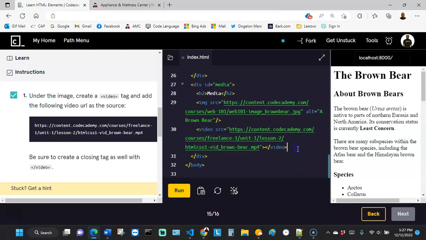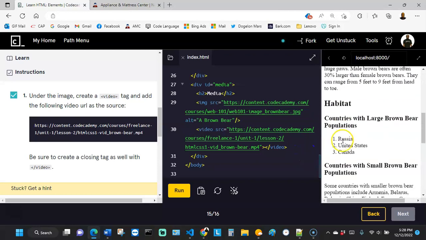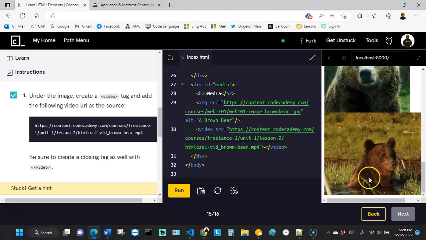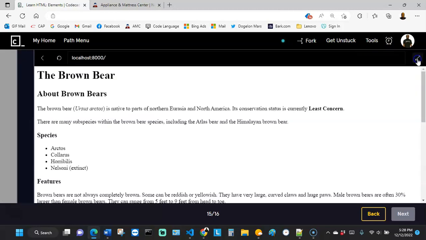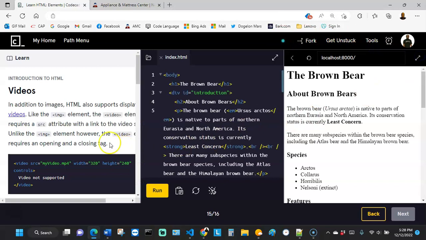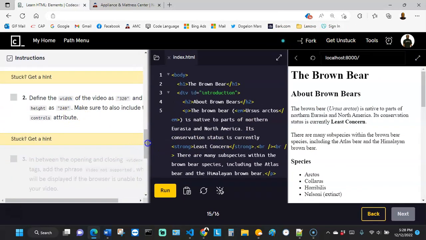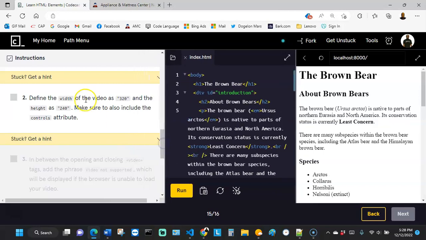So we have added the video, but we're not done yet. We still have a few more instructions. As you can see right here, this is the video, but it doesn't look that great. If you look at it in the landscape view, it doesn't really look great, so we've got to make it look a little better. Here it says define the width of the video as 320